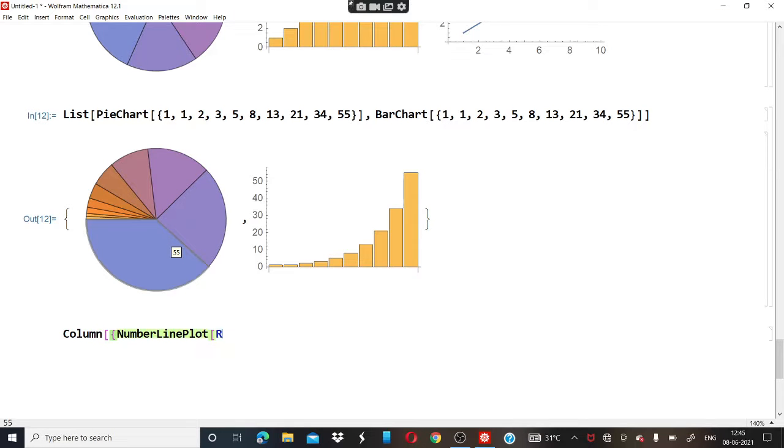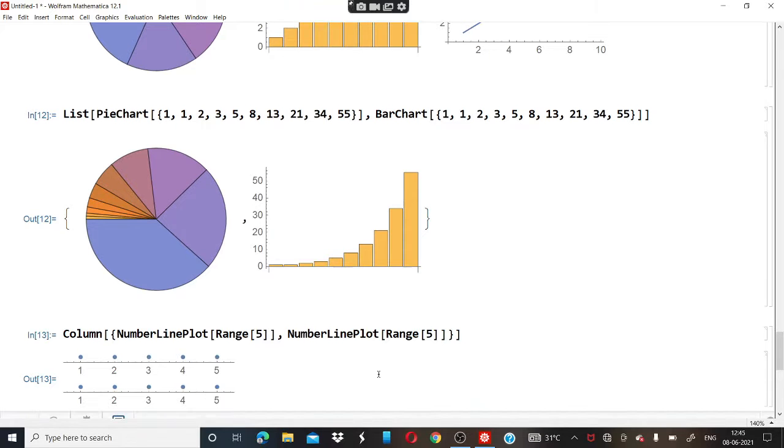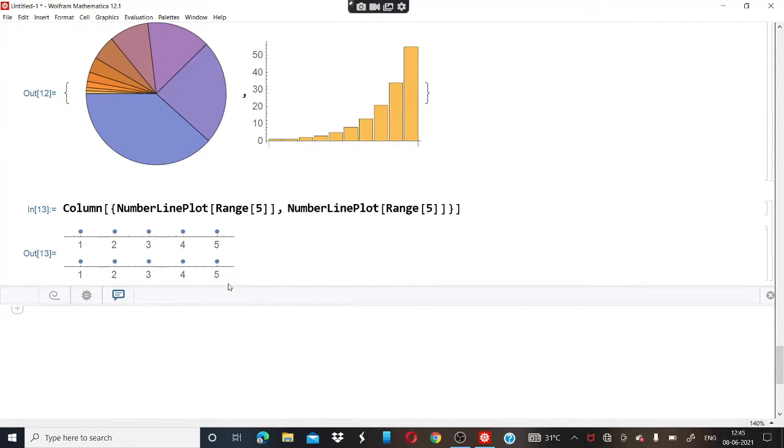Then we will define the range, that is 5 here. Close the bracket, comma, and again we will write the same because we want again this number line plot, that is range 5. And now close the brackets, shift and enter key, and you will find this in the column form, that is both the number lines in a column form.